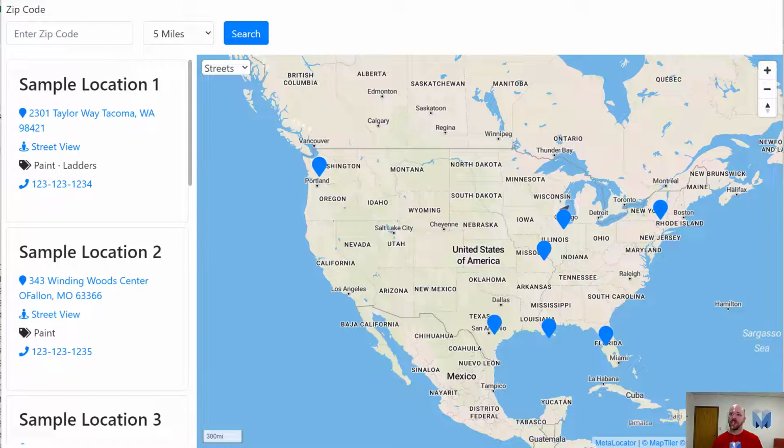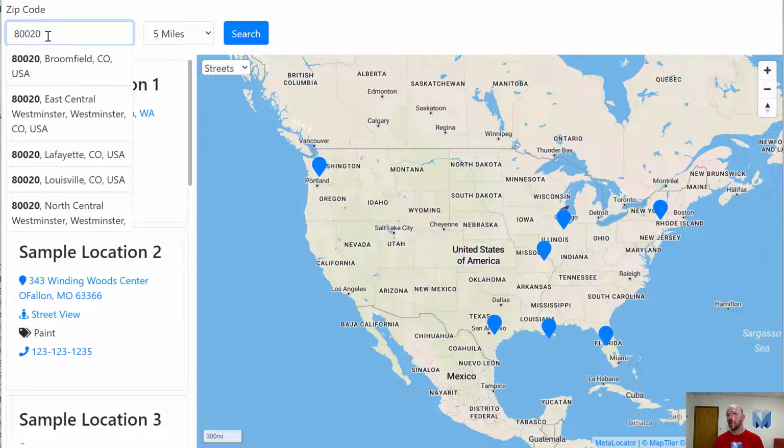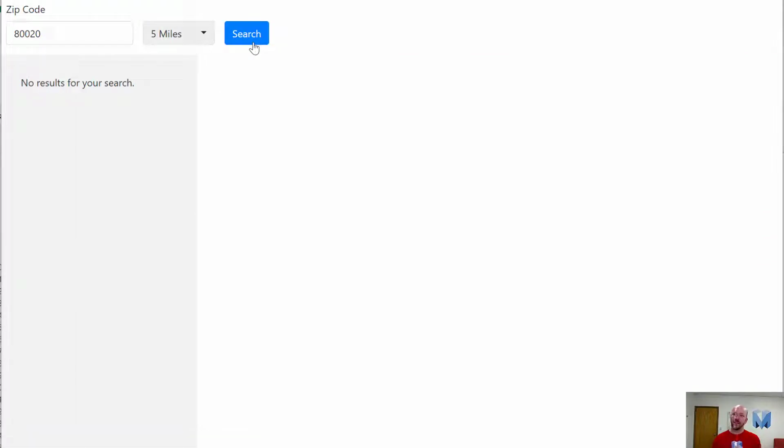So when you come to a typical locator and you type in a term of any kind, let's say it's 80020, and I click search. The first thing that happens when I click search is that MetaLocator goes and geocodes that term on the fly. So it goes and tries to return a latitude longitude for that, and it also obtains the FIPS code and the state and the city and the country of this term and saves it in a MetaLocator cache in the